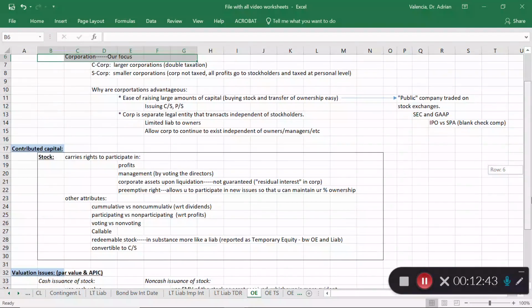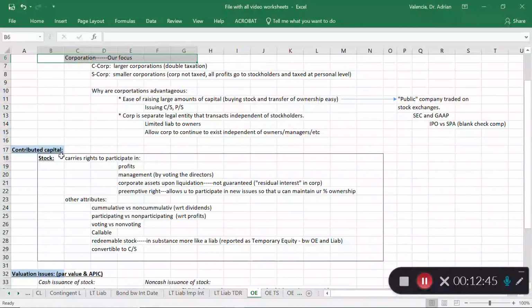So if you sell stock, there's some rights that carry with that stock, right? So what are some of those rights? And we're talking about common stock or preferred stock. So, but let's go ahead. So one of the things that you as a stockholder are entitled to is profits, right? And as the corporation generates revenue, generates profitability, you, the owner, will get a share of that based on the number of shares that you own, based on the percentage ownership you have.